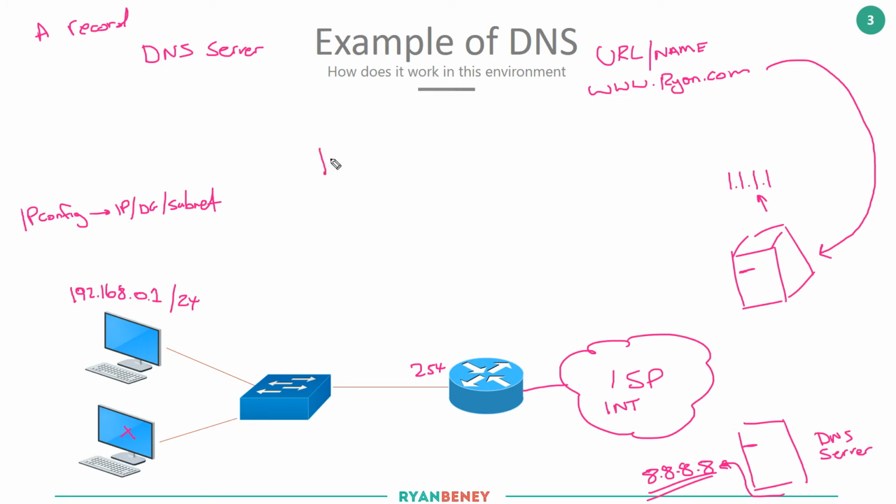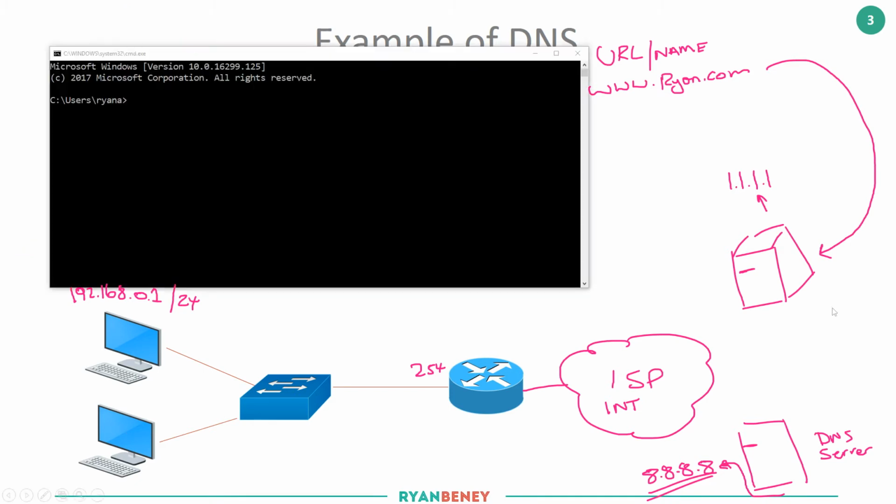So if you typed in on your Windows box ipconfig /all, it would give you even more information like the MAC address. I don't know, off the top of my head, I can't remember if ipconfig or ipconfig /all shows you the DNS. Let's have a look quickly. So here is my command prompt on my actual PC. If I type in ipconfig,